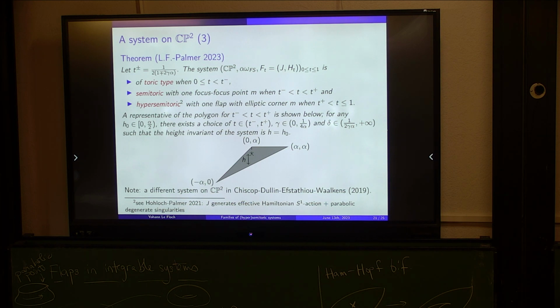So it's really nice. And by doing this, we obtained all the possible polygons like this. So all the possible sizes alpha, and all the possible 8 invariants, which means that you can make the flap appear as close as you want to the bottom boundary, so you will get arbitrarily high 8 invariants, I guess. Arbitrarily close to the maximum one, or to the minimum one in this case.